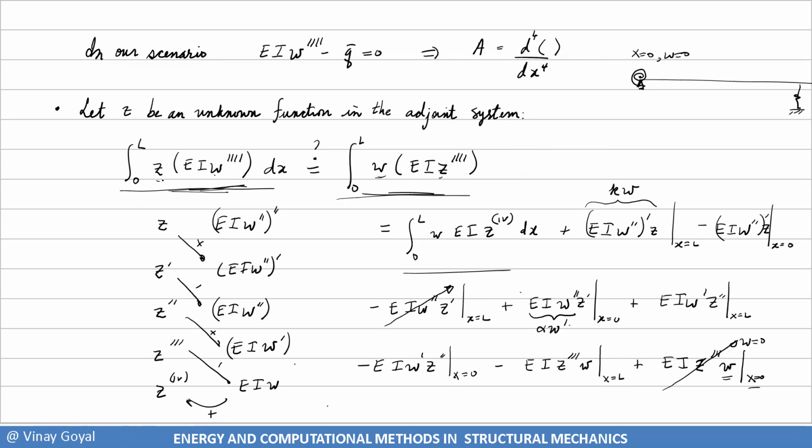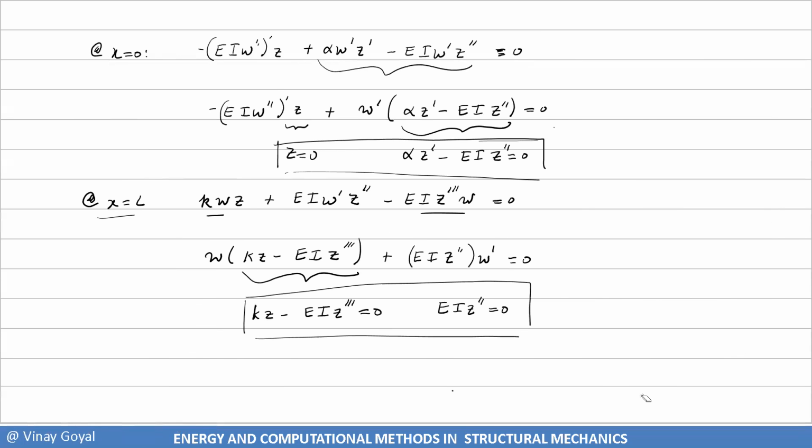I'm able to switch Z and W and get that through. If I'm able to do that, that's great. I was able to do that here. You can see that here. My next goal is that the boundary conditions vanish. I came up with the boundary conditions in Z so that all that stuff vanishes. Now I have to compare these boundary conditions to the original system to see if I can switch Z and W. So at x equals 0,